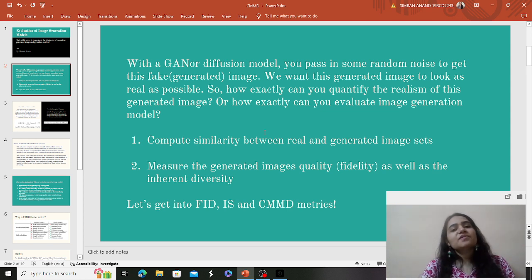When I talk in terms of machine learning and deep learning, you all might already be aware of existing evaluation metrics. But what about image generation models, and in terms of what do we evaluate a generated image? I would say the properties for evaluating the generated image would be first computing the similarity between the real and the generated image, right?